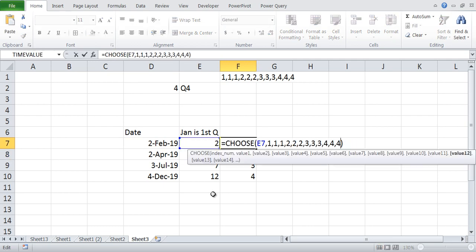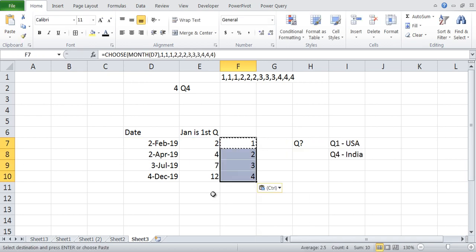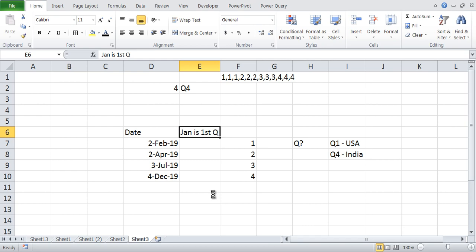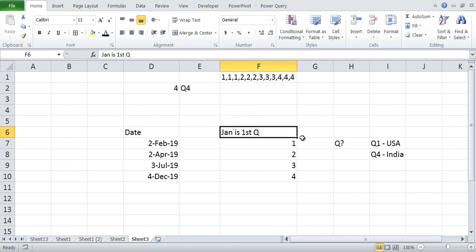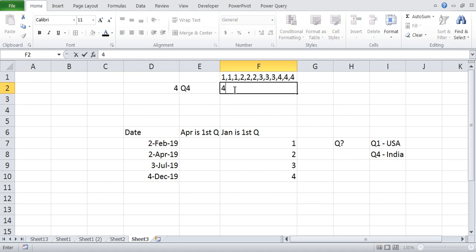What happens if January is not the first quarter but April is the first quarter? What will change? April will be first, July will be second, October will be third, and January will be fourth quarter. So you have to start like this: 4 4 4. Then April is first, May, June, then 2 2 2, 3 3 3.